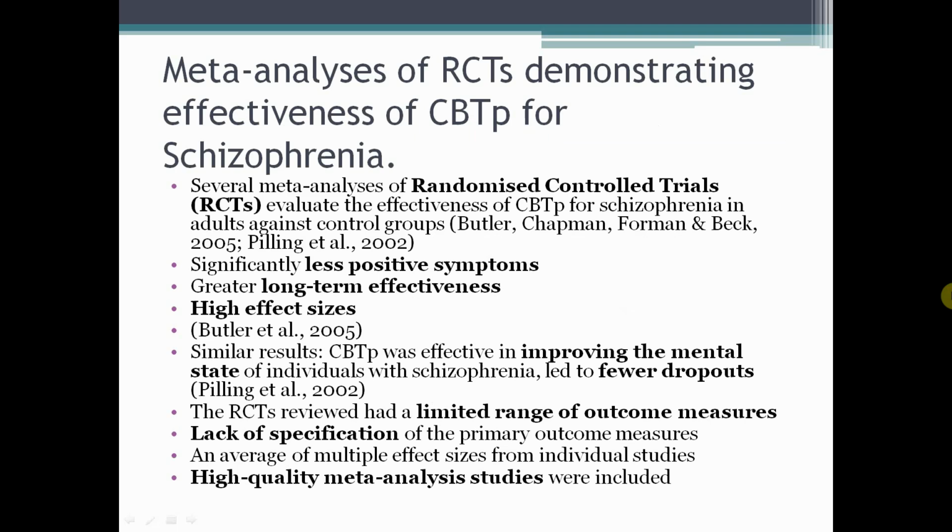Several meta-analyses of RCTs, randomized controlled trials, evaluate the effectiveness of CBTP for schizophrenia in adults against control groups. A review of meta-analyses summarizing outcomes of CBTP for schizophrenia found significantly less positive symptoms and greater long-term effectiveness in CBTP treatment groups compared to control conditions at post-treatment. High effect sizes were found for schizophrenia, suggesting that CBTP may be significantly effective for treating symptoms of schizophrenia in